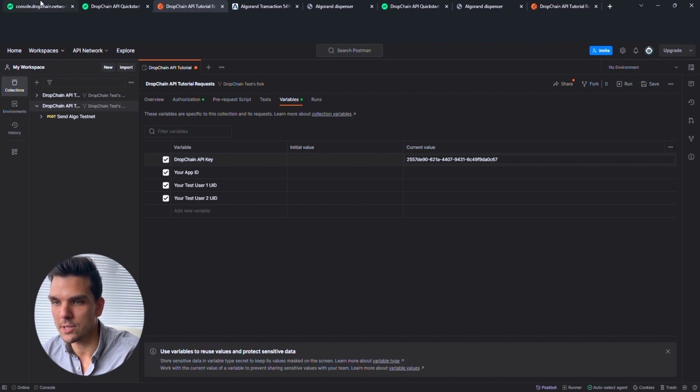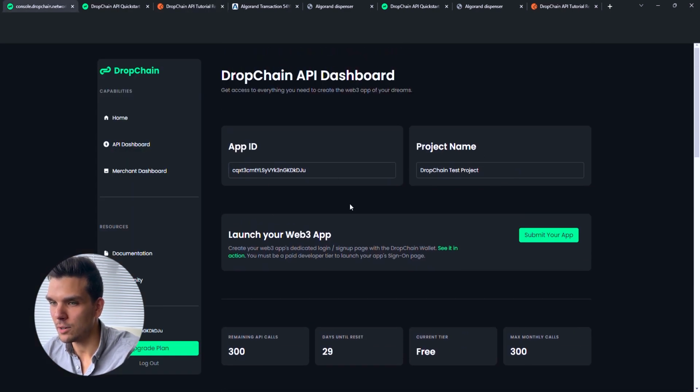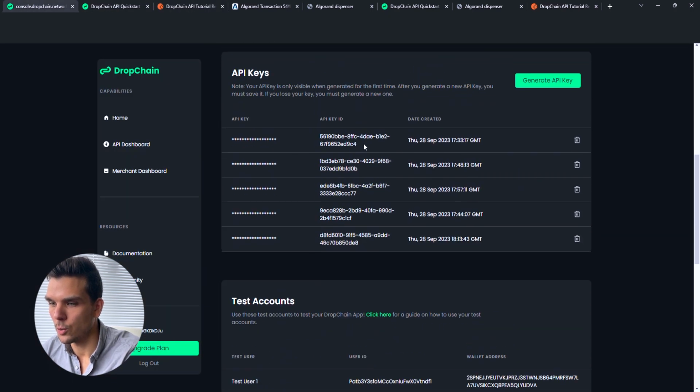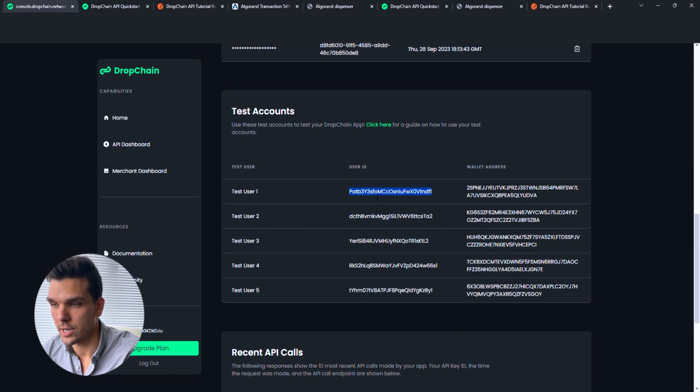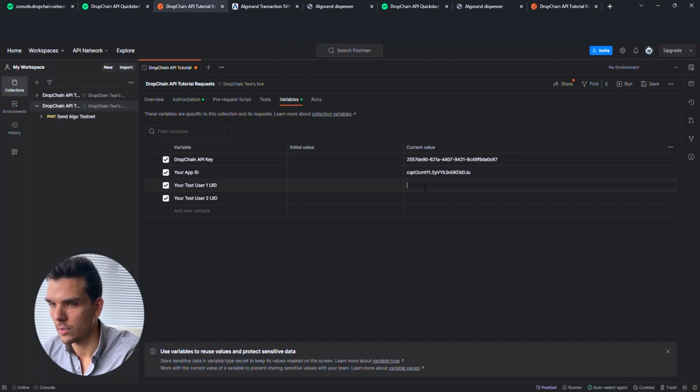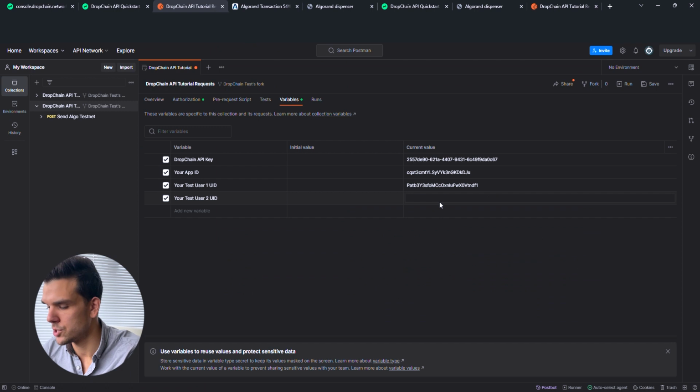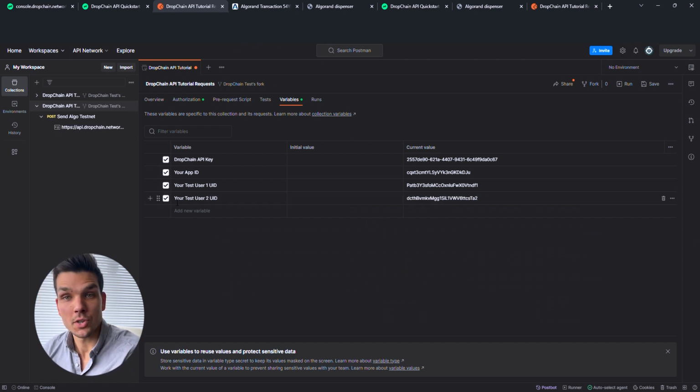So now let's do the next thing with the app ID. You can find that right here, right next to your project name. We'll bring that over. Next is test user ID 1. So we're not going with the wallet address this time, just the user ID. So that's number 1, and then grab number 2. And again, be sure to get rid of any spaces or breaks or anything like that. So now that we have copied this information over, we are just going to click save right here,